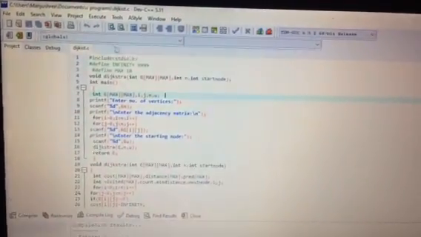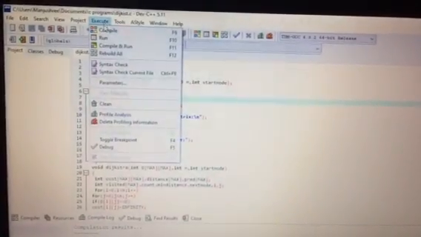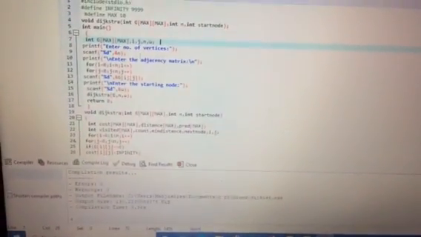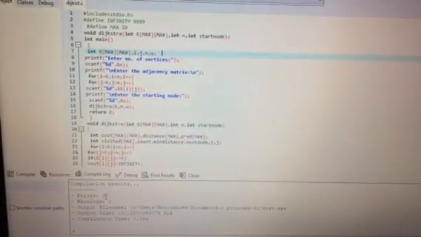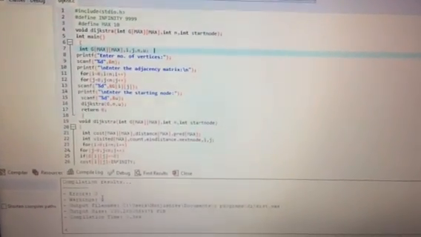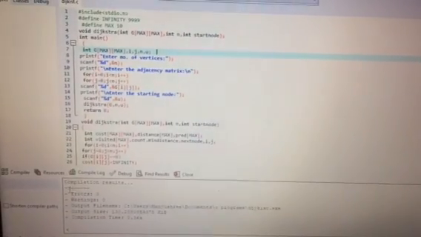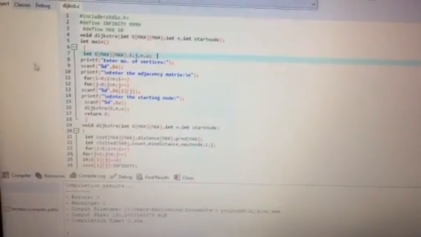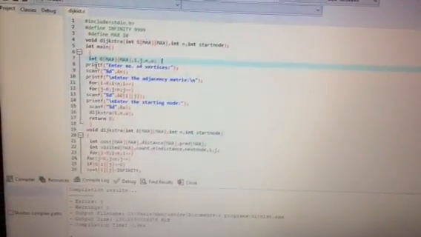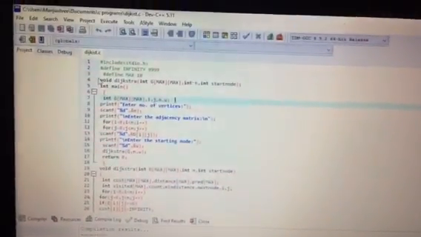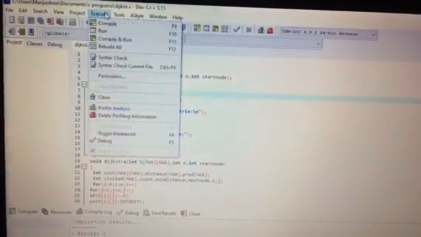After saving this file, you have to go to Execute and then Compile, or just press the F9 button. The compilation will go on, and you will get 0 errors and 0 warnings here. Suppose you don't get 0 errors and 0 warnings, you will get an error indicating a line number. When you double click on that error, you can see the line where you have got the error. Since there are no errors, next I have to perform the run. Go to Execute and Run, or just press the F10 button.